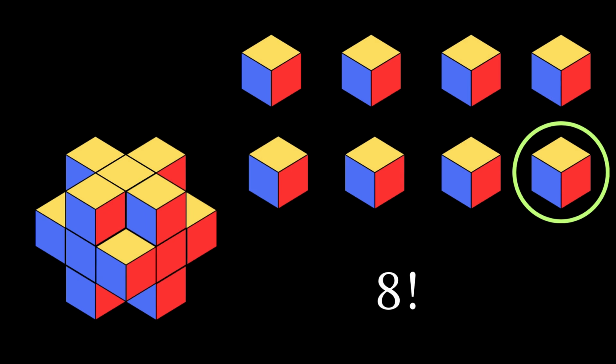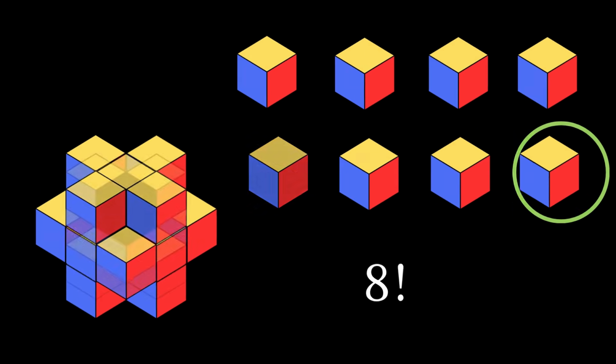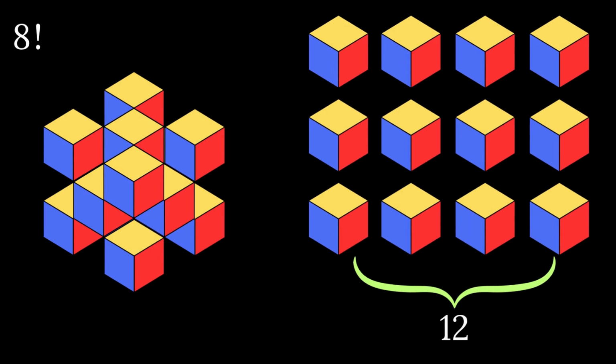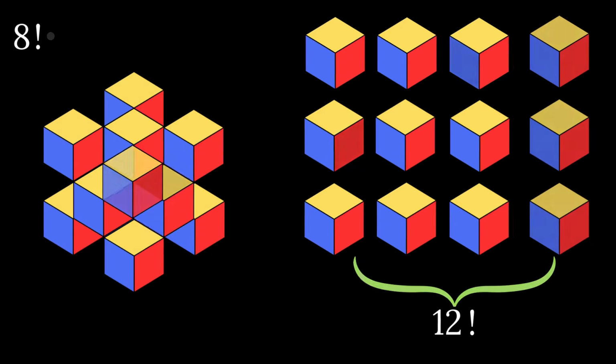by an exclamation mark. Let's take a look at the edge pieces now. There are 12 edge pieces in a 3x3. If we repeat this same process of taking a look at the available slots for each of the edge pieces, we get 12 factorial. Feel free to work that out on your own. But the key thing is, we still haven't taken a look at how each of these pieces can be placed